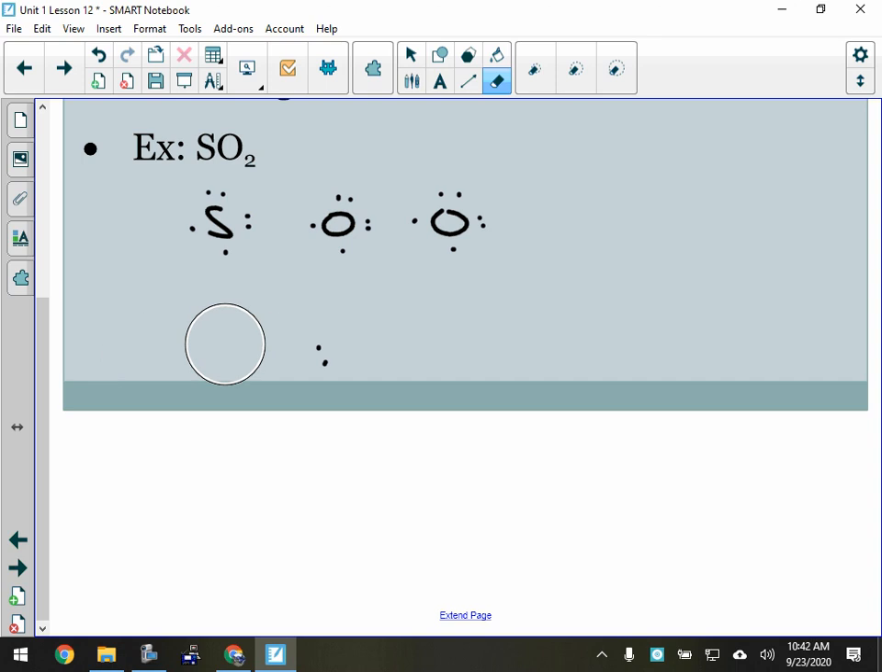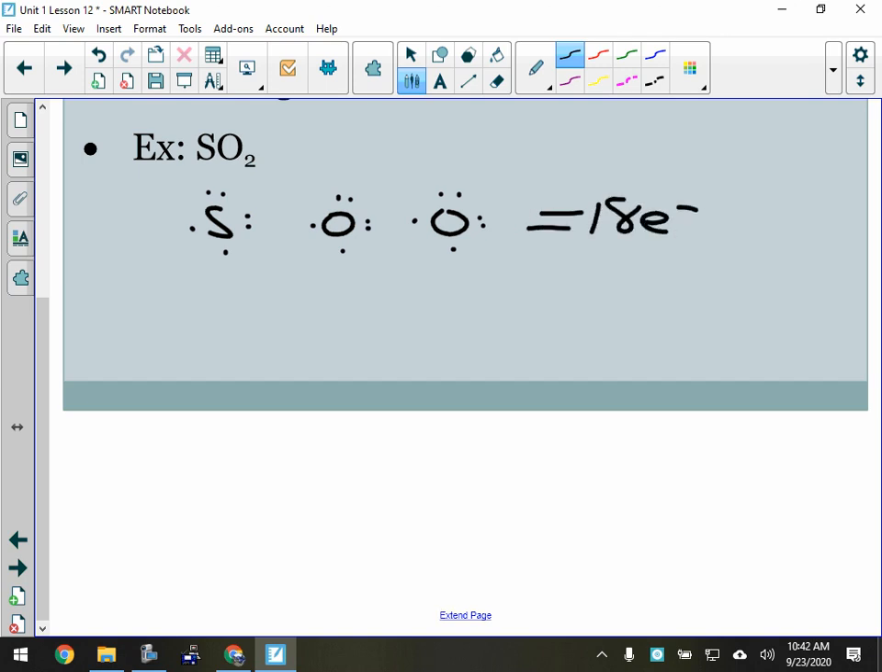Let's see how this goes here. So 6, 6, and 6. Yes, you're going to add up all the valence electrons. Oh, yeah, I'm behind here. I'm going to try and struggle through this. 18 electrons, yes? Okay, 6, 6, and 6. You're going to add up all electrons. You're going to draw a skeleton structure. So S, O,